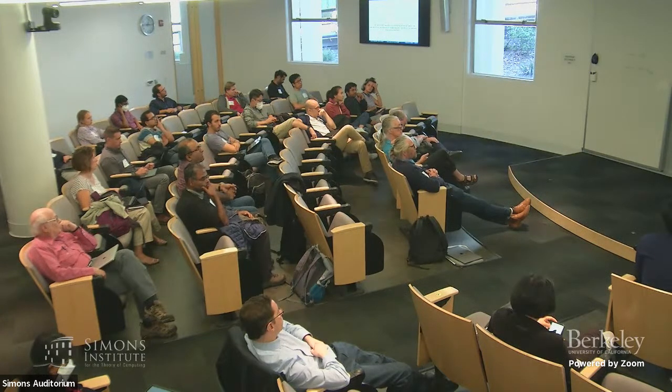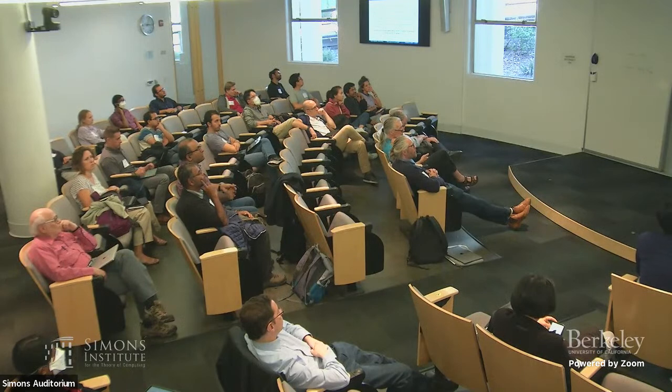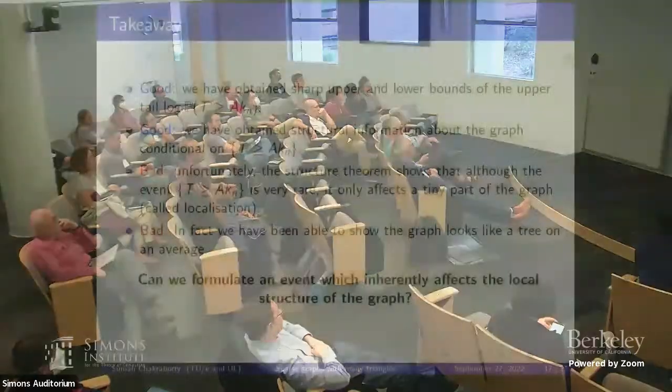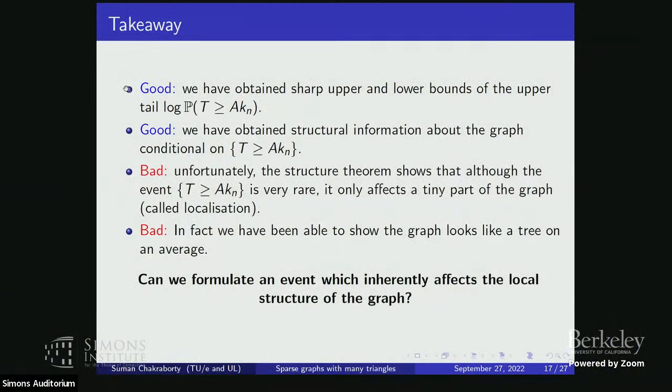Then again, it's nice to read a statement like this, but this is disappointing in some sense. So we get upper and lower bounds on this, conditional on this. We know that we are dealing with the same Erdős–Rényi graph on average, but we know that localization is happening. There is a peak somewhere that is taking care of everything. And the graph is not only tree-like, it is indistinguishable from the Erdős–Rényi graph in the local weak sense. So this motivates that we need to look somewhere else.